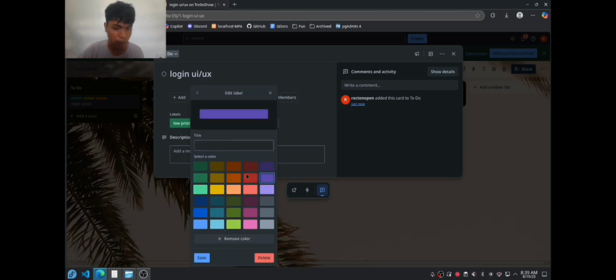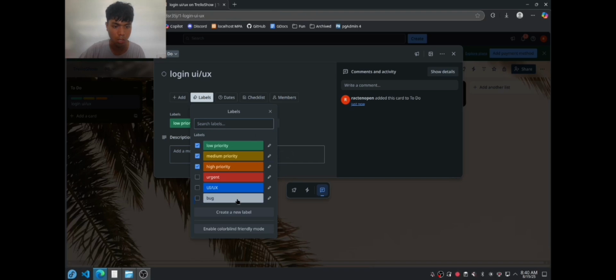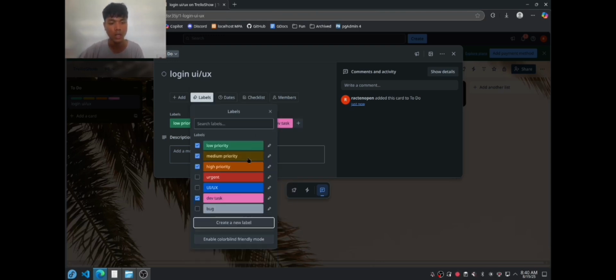So for blue will be UI UX. Let's add a label dev task, color pink. Dev task, that will be all.